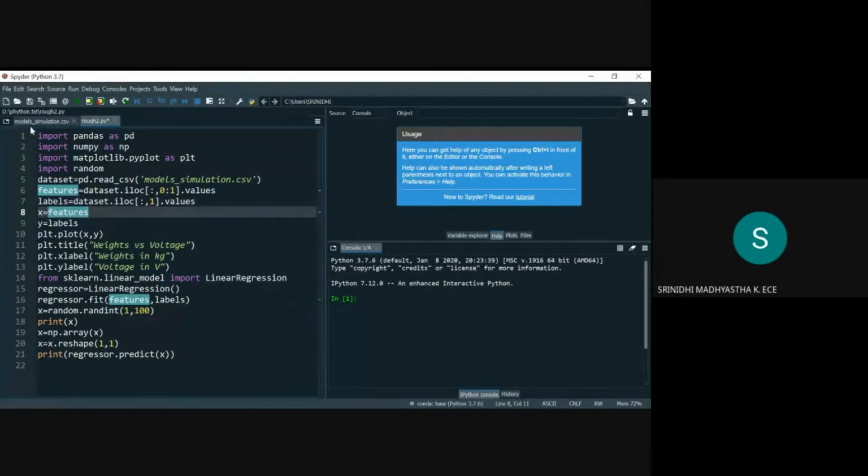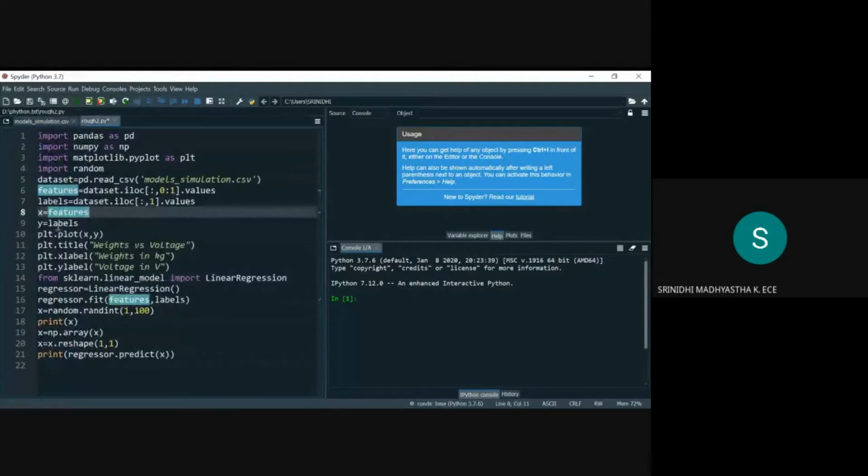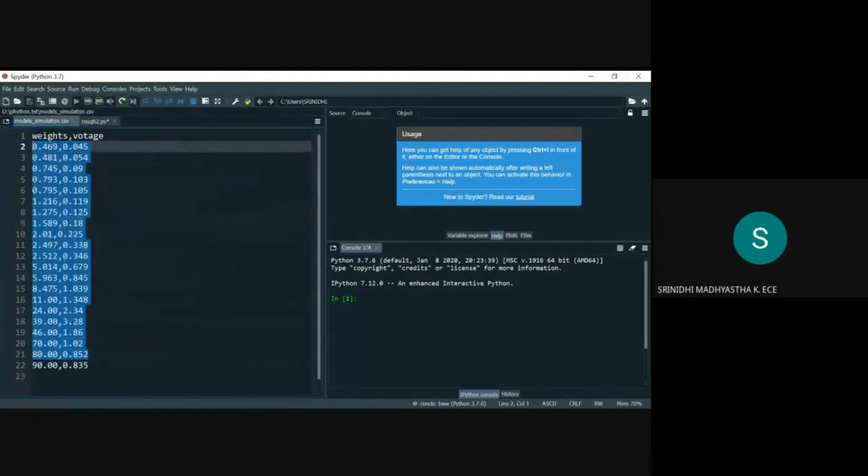To plot this data, we are using X. X is labeled as features. Features is nothing but the set of data of only weights.